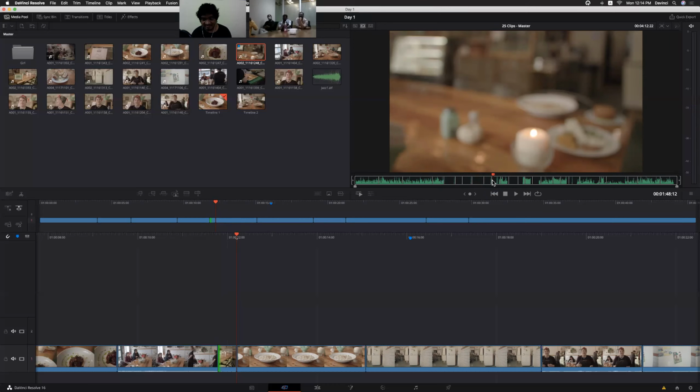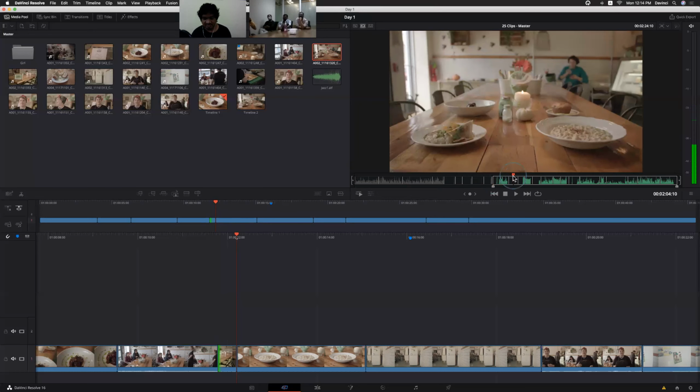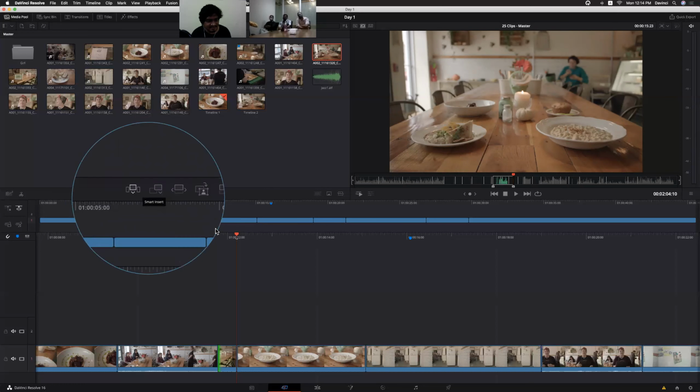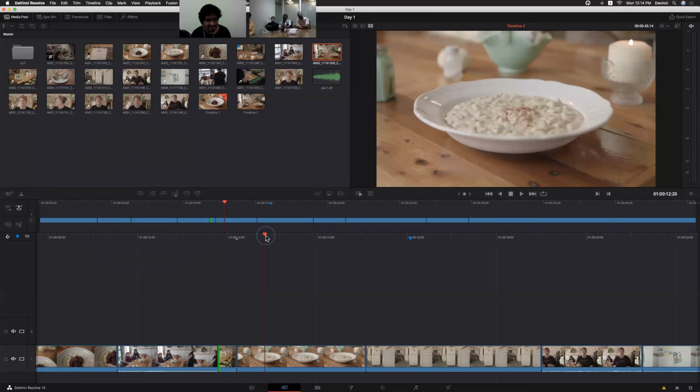And we can add ins and outs for that particular portion. It may be a portion from two clips, and we can create ins and outs. We also have the Smart Insert option. Smart Insert means, just observe the playhead. It is not in between the edit points, right?